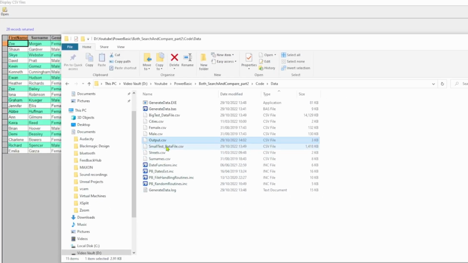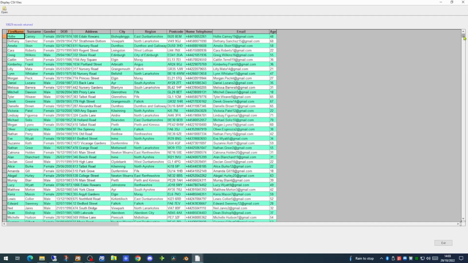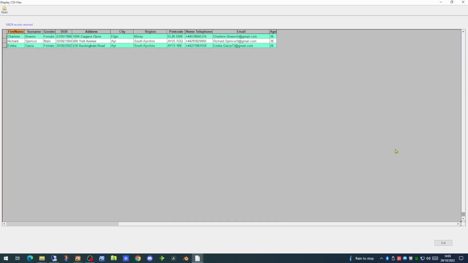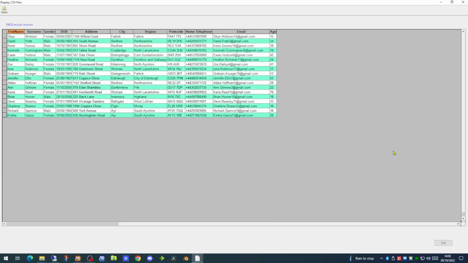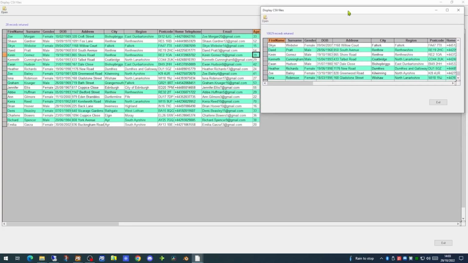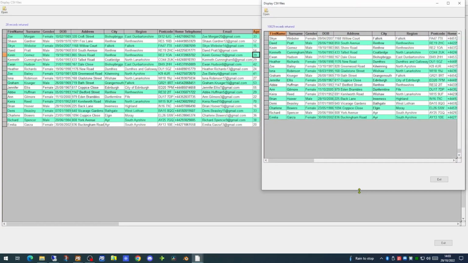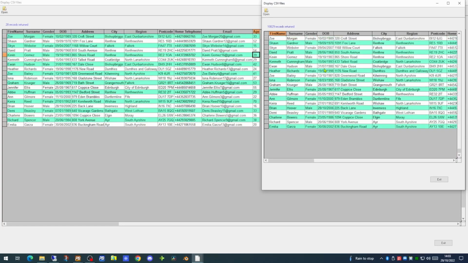If we look inside the small test data file, and we look down to the very bottom of that file, we will see the bottom 20 records in the small data file are the ones we added at the end that did not exist in the big file.